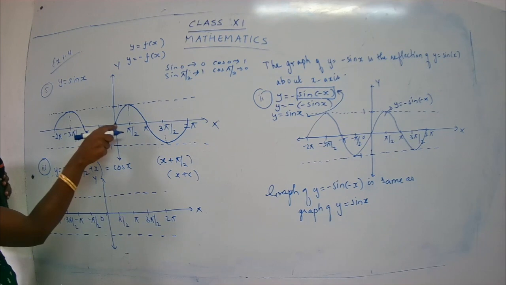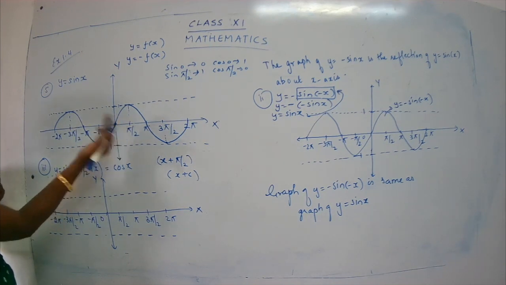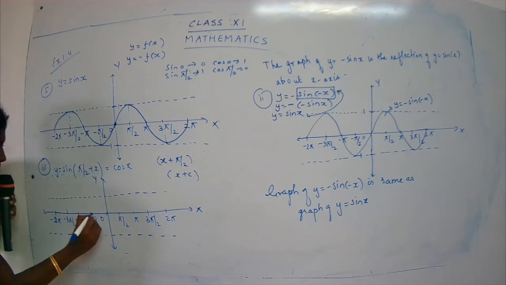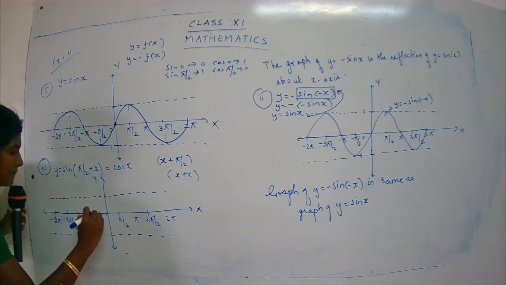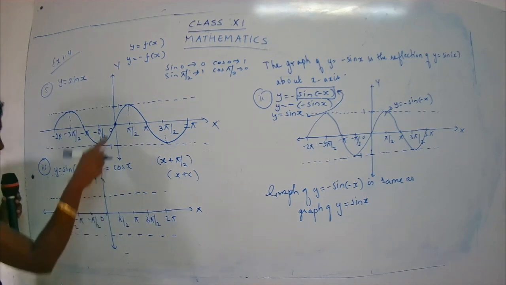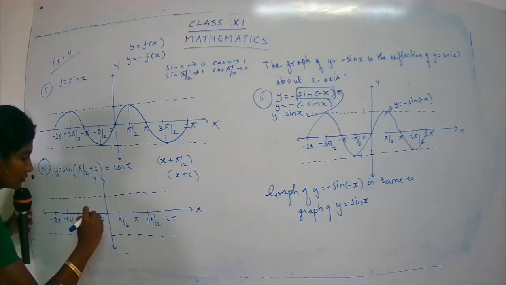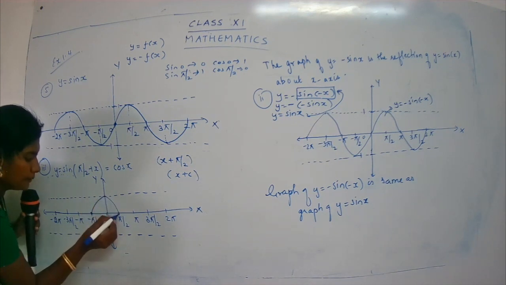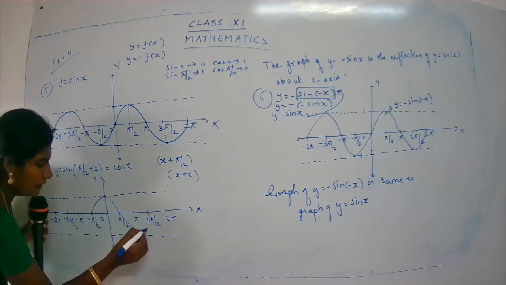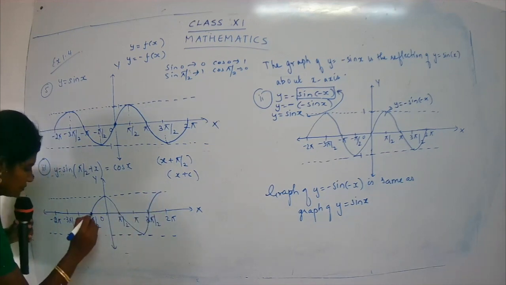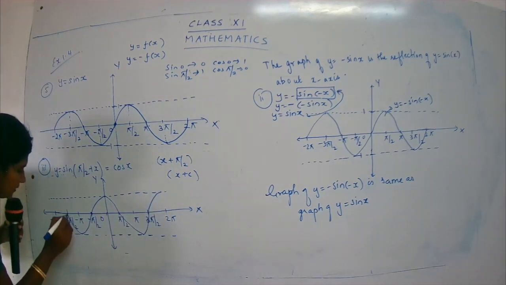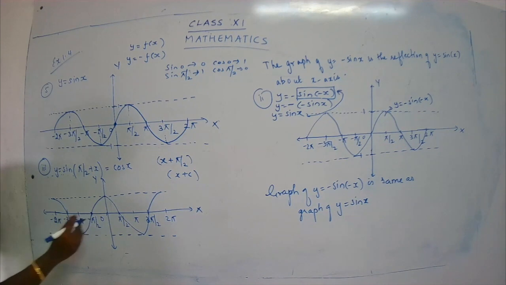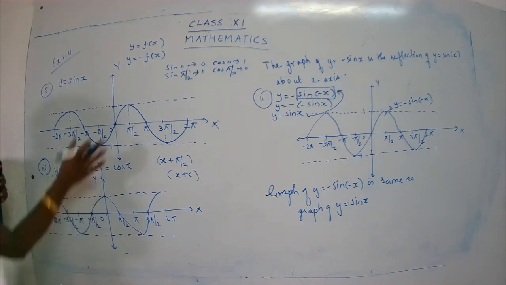It's going to shift to the left. So where is the graph coming from? The graph is starting from 0. But now where is the graph going to start from? It's going to be here somewhere, from minus pi by 2, then it touches over here. So it goes from here to here, then the peak here, and here. So it's shifting to the left side. Are you noting this point, children? This is very, very important.